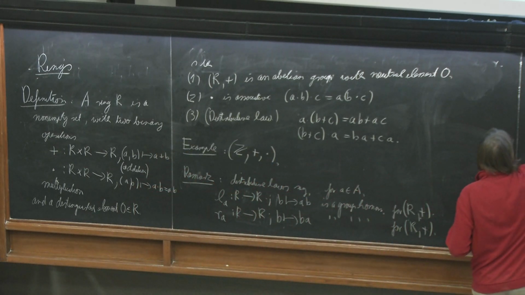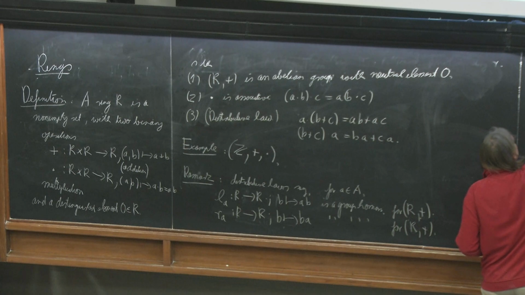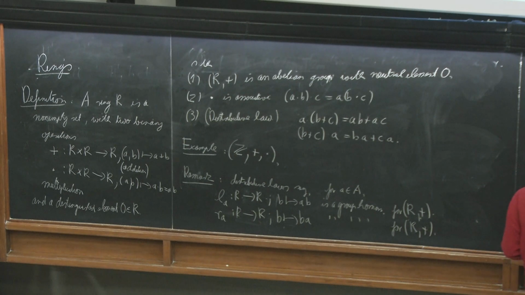I write this in a slightly different way, which is an equivalent definition. A subring A of a ring R is a subset A in R such that